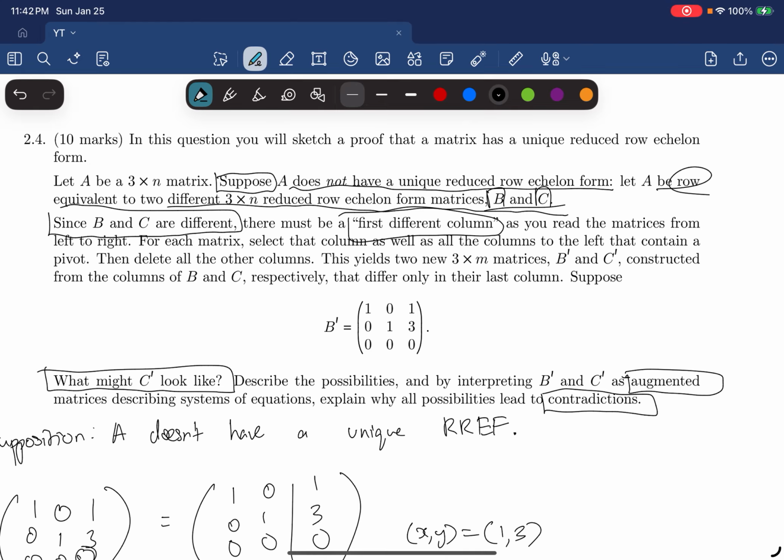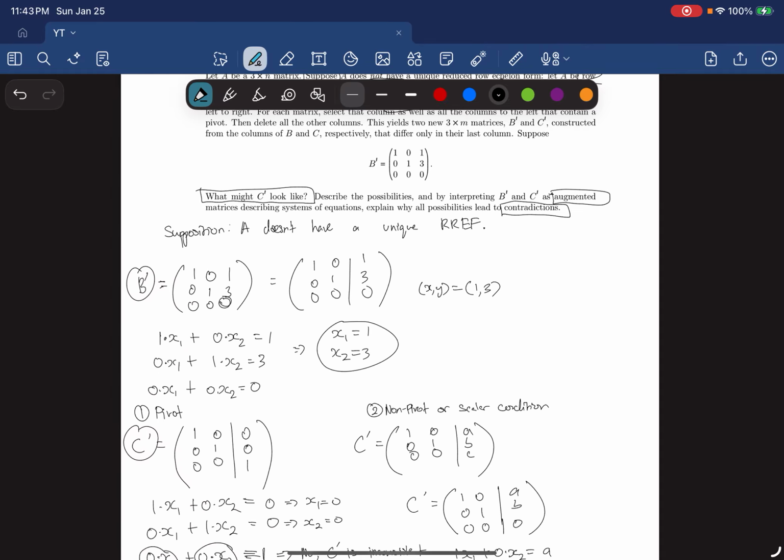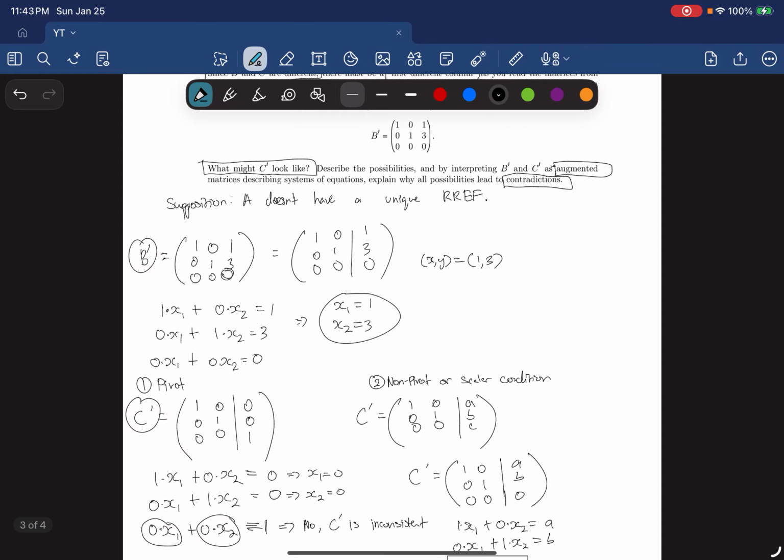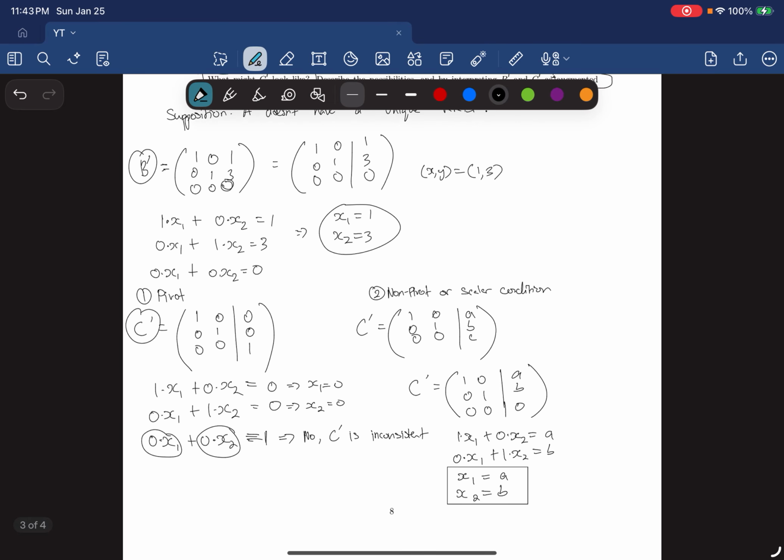And because they are made of columns from a reduced row echelon matrix, B prime and C prime also have to be in reduced row echelon form. And because B and C have the same solutions, then any relationship that exists between the columns of B also has to exist between the same columns of C, right? And so the logic of this contradiction is that we're looking for a situation where B prime and C prime describe 2 different sets of solutions for the same variables, even though they come from the same original matrix A,